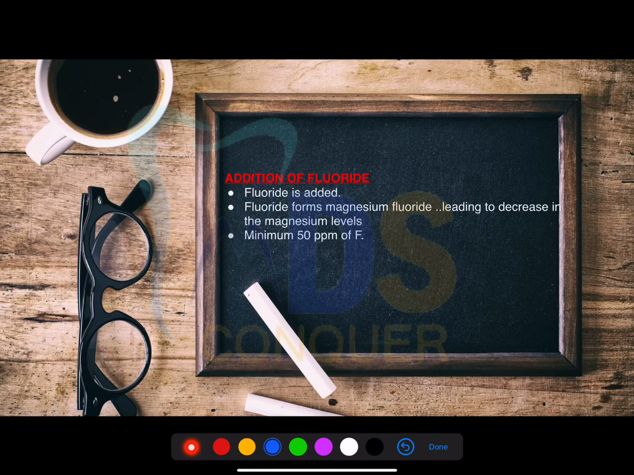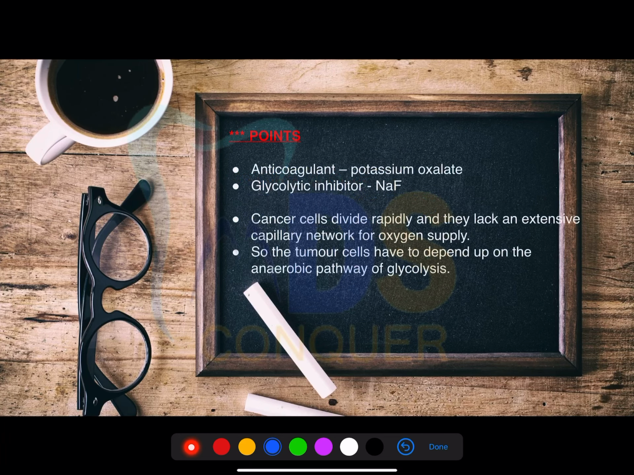And coming to this area, you have a question taken directly from your offline class, that is the addition of fluoride. So what happens on the addition of fluoride? Fluoride reacts with magnesium to form magnesium fluoride, which decreases the available magnesium, the major ion required for the activation of enolase enzyme. So fluoride is going to inhibit the enolase enzyme, which basically helps in